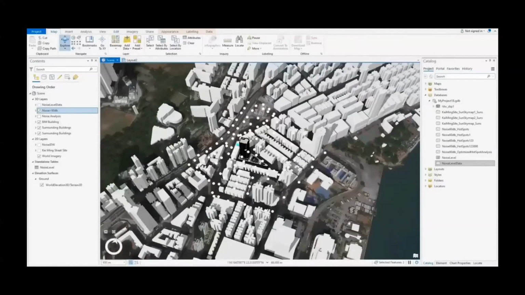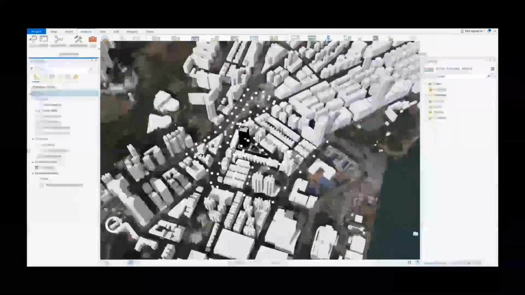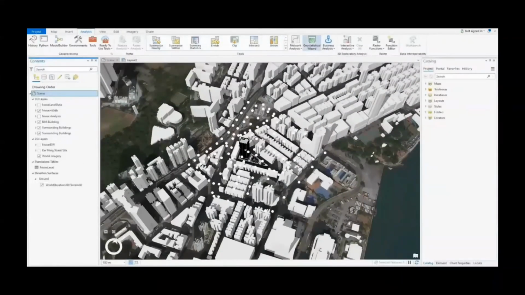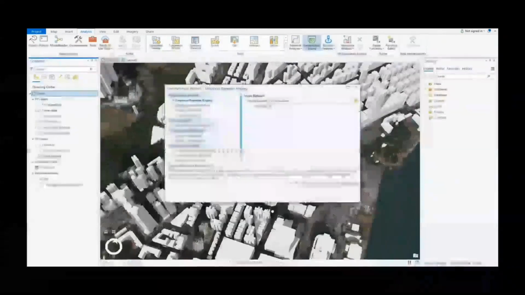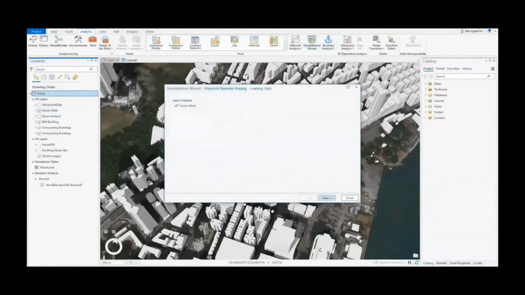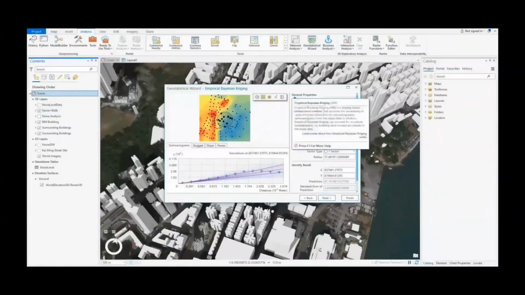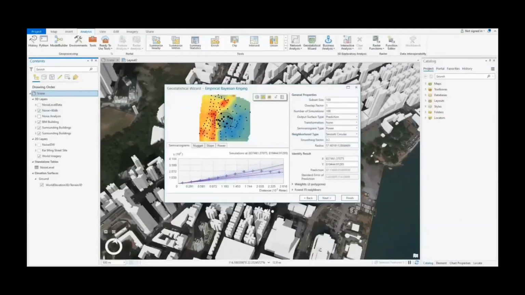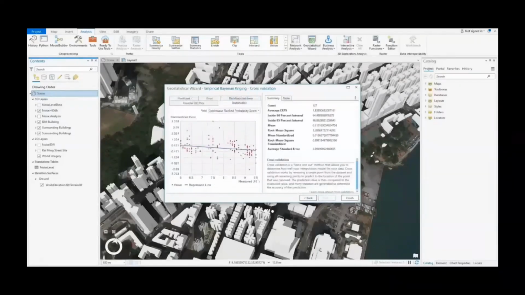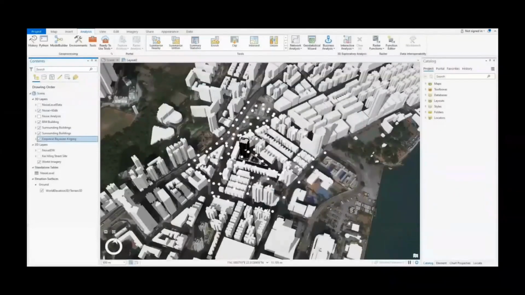After we've input all of the data points, we can start our analysis. We click the analysis toolbar at the top of the GIS software, click Geostatistical Wizard, and select the Empirical Kriging model. Make sure we select the correct data set, which is the noise larger than 60 dB data set. We will not mess with the settings here because we are not mathematicians. We just click next, and the system will calculate the intensity map for us automatically.